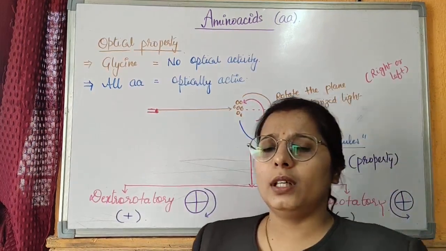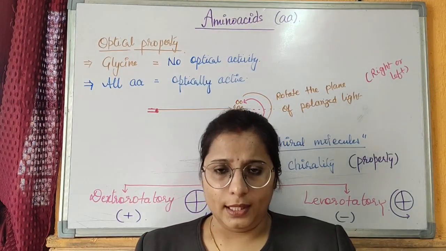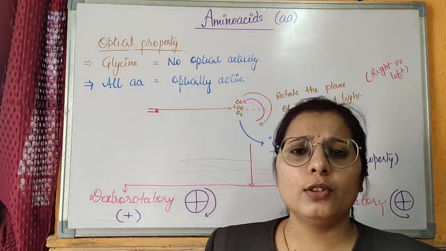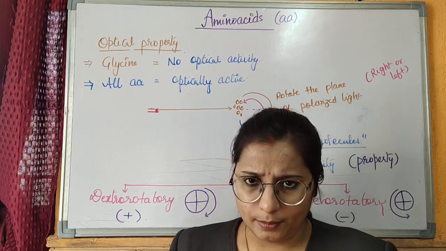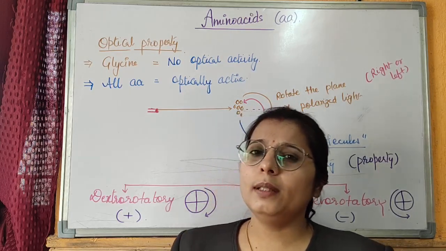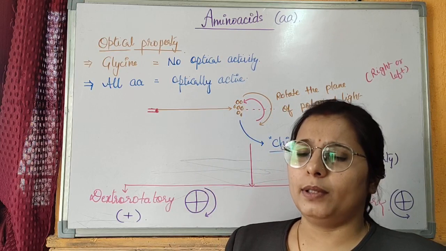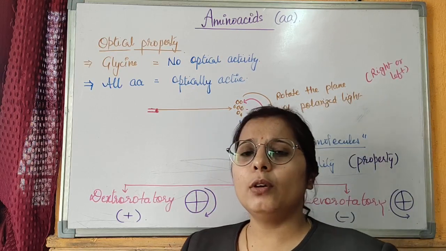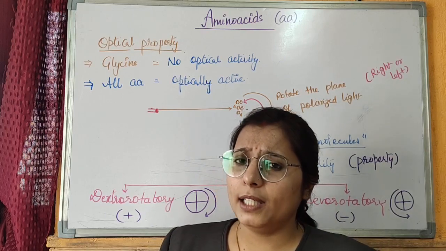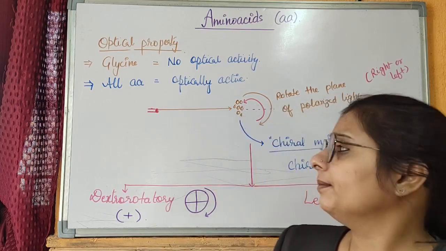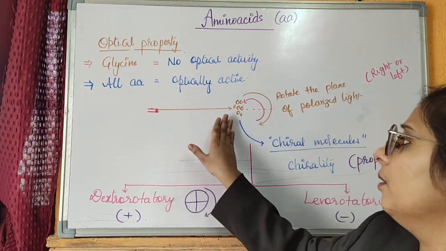Now coming to the optical properties of amino acids. The simplest amino acid is glycine, and it is not an optically active compound. But what do you mean by an optically active compound? An optically active amino acid is a molecule that, when